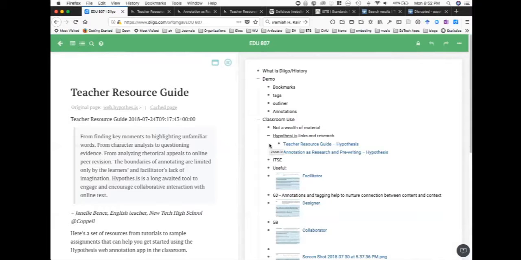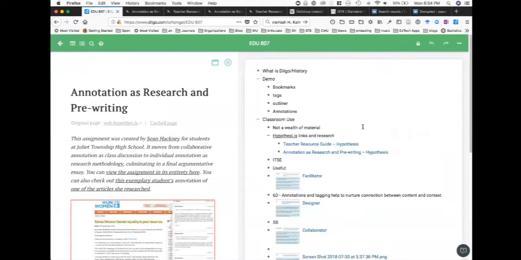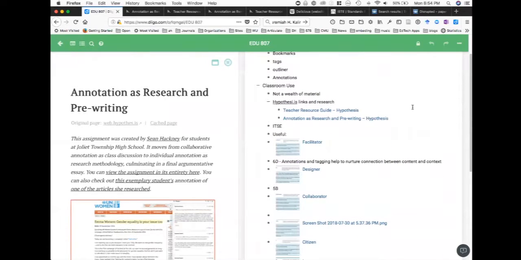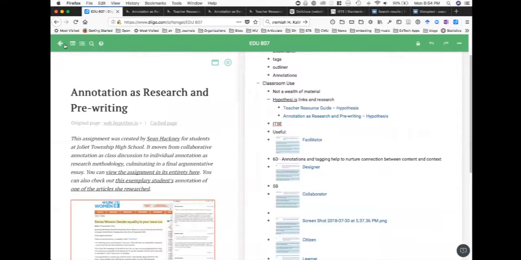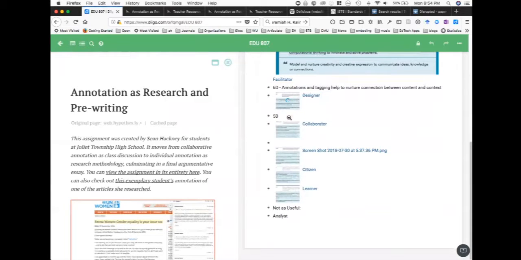One thing that you'll find, since the tool has been around for a really long time, if you try to find ideas for using the tool, you'll find that there isn't really that much out there that is very recent. Next, I wanted to talk about the ITSE standards a little bit. In doing so, I can show you a little bit more about the interface. So if I pop up some of the screenshots that I saved in here,